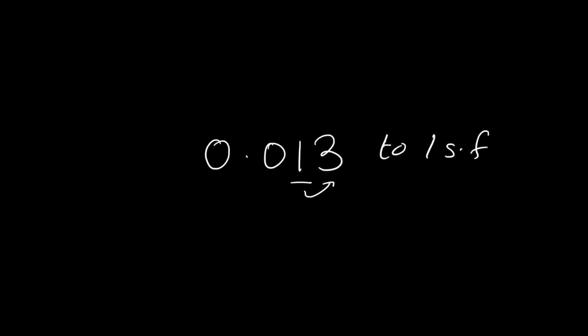0.015. If it was a lower number like 0.013 and you had to round it to 1 SF, the first SF would be 1. Look at the next number, and since it's less than 5, you round it down. So it will become